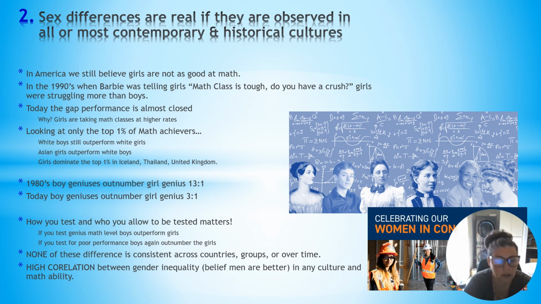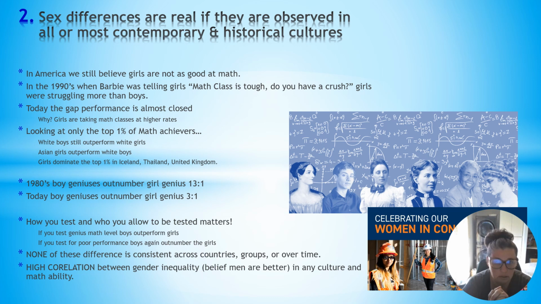Why do we see so many girls performing at similar or higher rates today than in the 80s? We know it's mostly because girls are taking math classes at a higher rate today. So what changed the gap in performance? Girls were given the opportunity to take math classes, whereas girls simply weren't taking the math classes or given the opportunity to take math classes at the same rate that boys were in the 1980s. And that significantly changed the outcomes in terms of top performers.